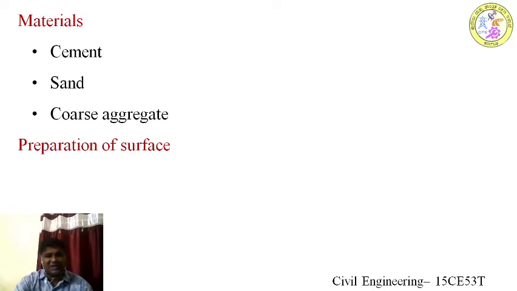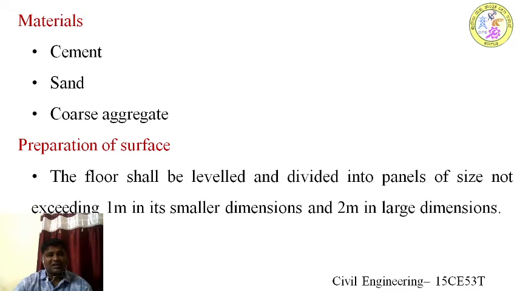After the building construction is over, the flooring will be applied in the ground floor, the first floor and the second floor. In the ground floor, a layer of 40 mm downsize concrete bedding will be applied initially before this flooring, and in the first floor the slab will already be cast, so that will be used for flooring. So in the ground floor, before putting this concrete, the floor shall be leveled, and before leveling, all the dust particles have to be removed from the surface. It should be broomed, and using a wire brush all the loose particles will be removed.